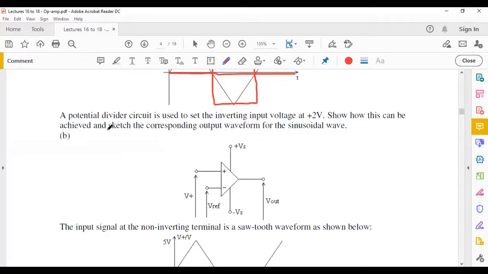A potential divider circuit is used to set the inverting voltage at +2 volts. Show how this can be achieved and sketch the corresponding output waveform for the sinusoidal wave. So,